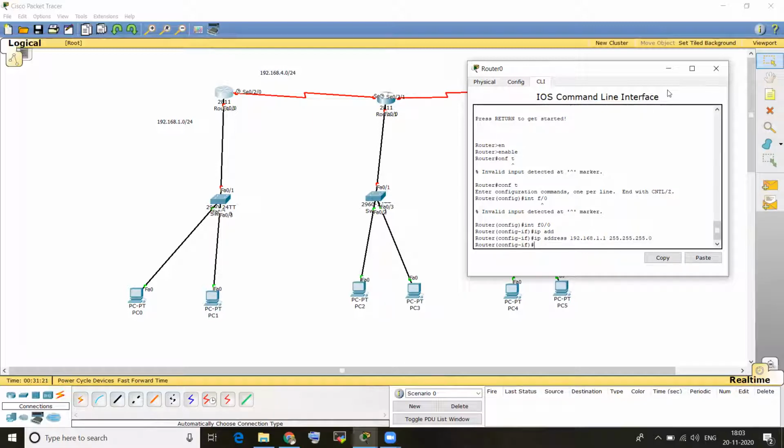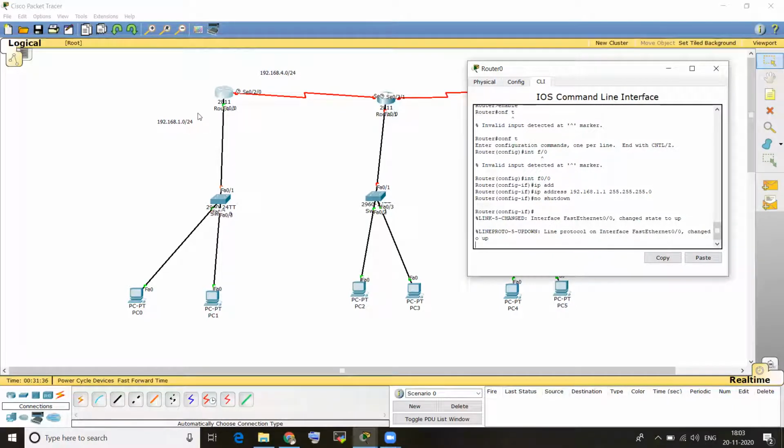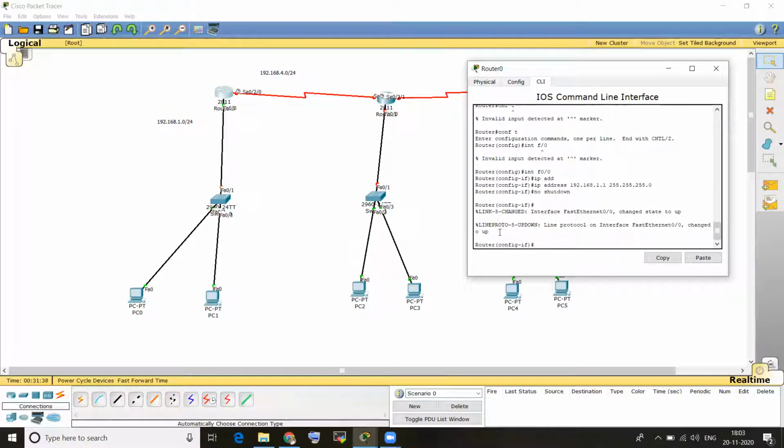Enter. Now no shutdown. See here, it's showing a red mark. Once you give no shutdown, then it will turn to green. See here, now it turns to green. Then exit.